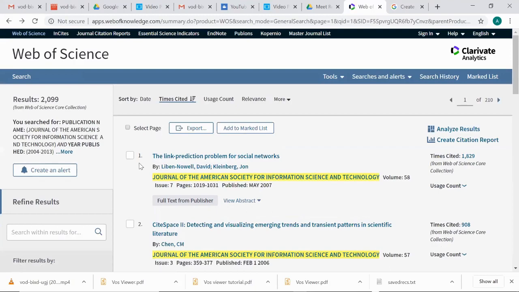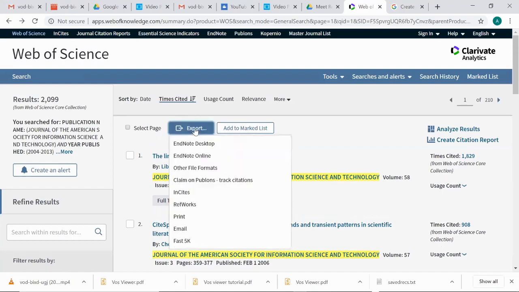Now, since we are going to do information visualization maps based on Web of Science data, we are using VOSviewer software. So for that, we need to download Web of Science data. How to download it? Here you can see there is an option for export.